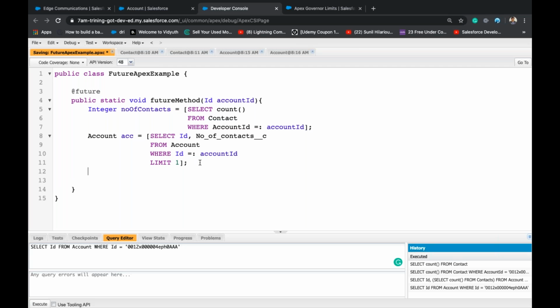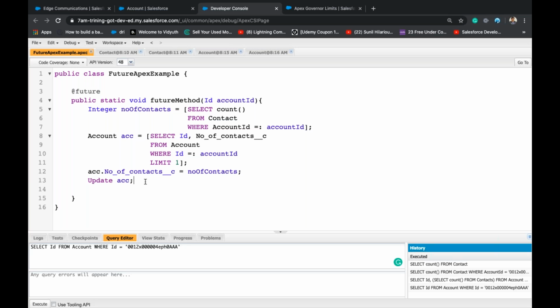Okay. So then ACC dot number of contacts is equal to this number of contacts. Then update ACC. Okay.